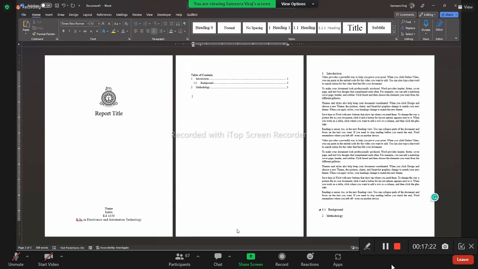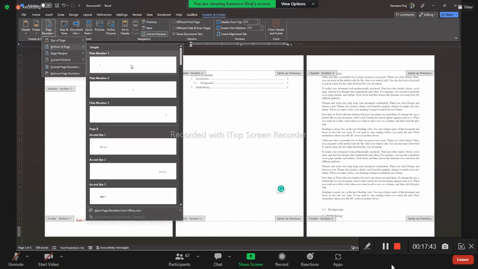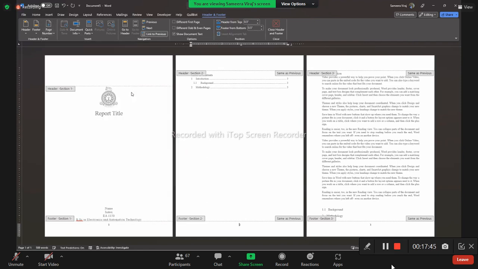For that, you can double click on this footer area, right? This one. And after you double click on this one, I mean, enable the footer area. So you will see this kind of ribbon, the header and footer, right? Go to the page number and bottom page. Again, insert this one. Right. So, but when I apply this page number, you can see here the first page has page number 1,